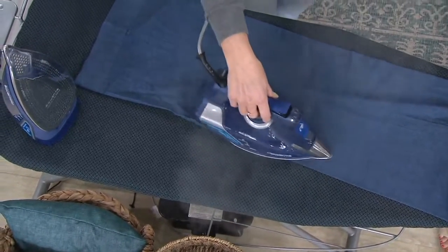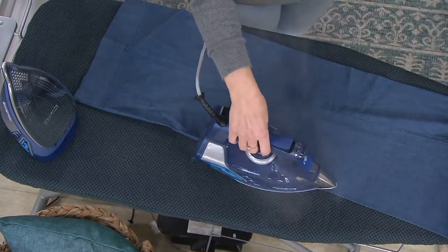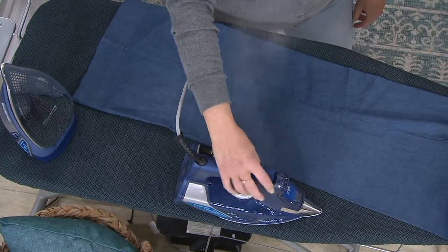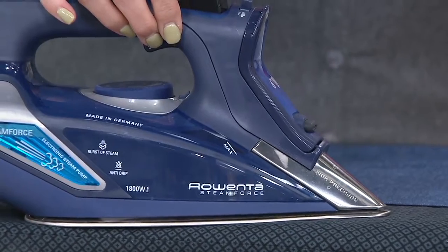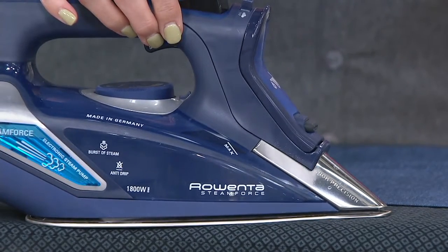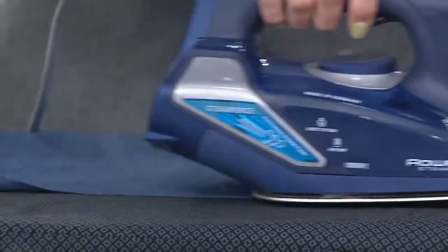Now I'm going to show you something else that's cool. I didn't tell you about this. All right, so in traditional irons, when you put it in this position on auto steam, it will steam automatically, okay? So when this iron's not moving, no steam comes out. This has a special intelligence